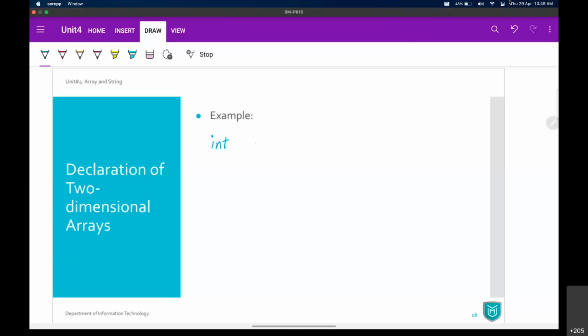So integer, let's say matrix A, and if I want that matrix to be of 2 cross 2 size, then I'll say 2 and 2. So that is my matrix declaration, a two-dimensional array declaration. I can have another one also if I want, matrix B, 2 cross 2, right?